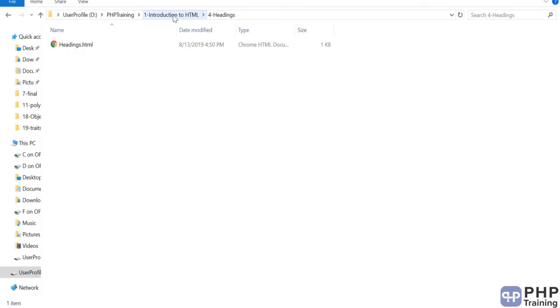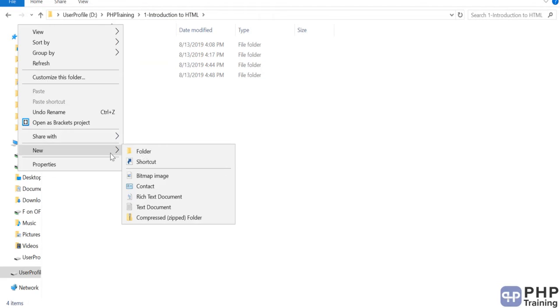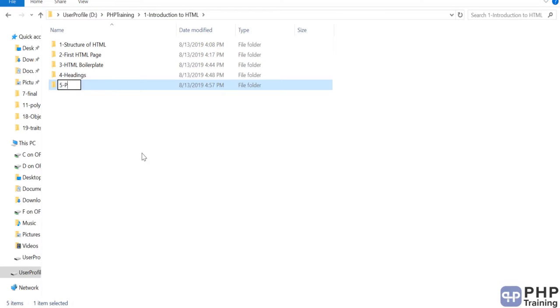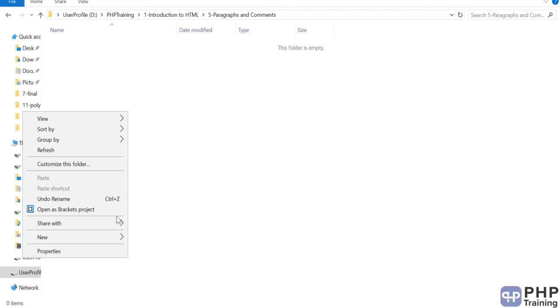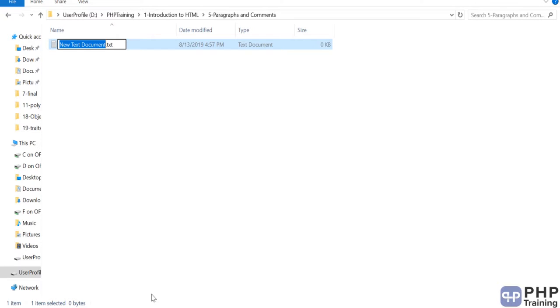Okay. So go to introduction to HTML. Let's create another folder, paragraphs and comments. Okay. And we'll create a file. We'll write both paragraph and comments in one file.